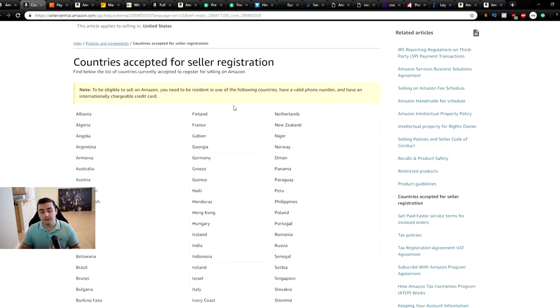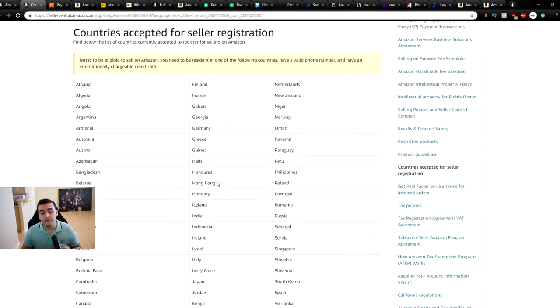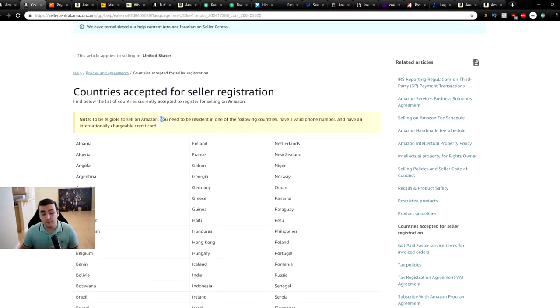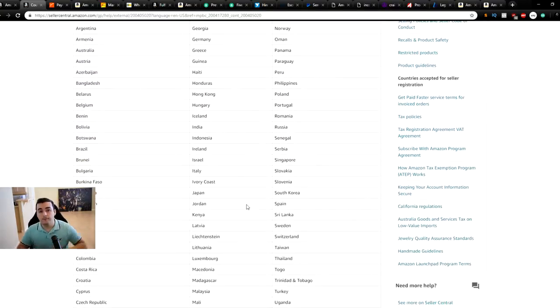So as you guys can see through this whole list here, there's a wide variety of countries going from Finland to Ivory Coast to Portugal. And if you're in one of these countries, you're going to need only the following. You're going to need to be a resident of the country, so either you have some ID or a passport. You're going to need to have a valid phone number and an internationally chargeable credit card. So once you've checked that your country is on this list,